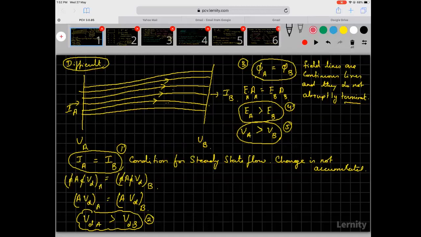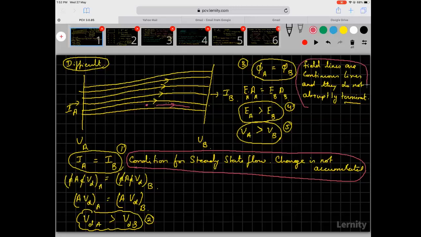One is this, the condition for steady state flow. Why is there steady state? There is steady state because charge is not accumulating. Accumulating na சேர்த்து விடுறது கிடையாது. சார்ஜ் சேர்க்கலைன்னா இந்த இடத்துல சார்ஜ் இல்லை, இந்த இடத்துல சார்ஜ் இருந்தா ஃபீல்ட் லைன்ஸ் அதிகமாகும். ஸோ இந்த கண்டக்டருக்குள்ள எந்த இடத்துலையும் சார்ஜ் அப்படி அக்யூமுலேட் ஆகலை. அப்போ ஃபீல்ட் லைன்ஸ் இங்கே ஒண்ணுதான் இருக்கும். அதுதான் இங்க எழுதியிருக்கேன். இதுதான் உன்னோட எக்ஸாம்லயும் வந்திருக்கு.